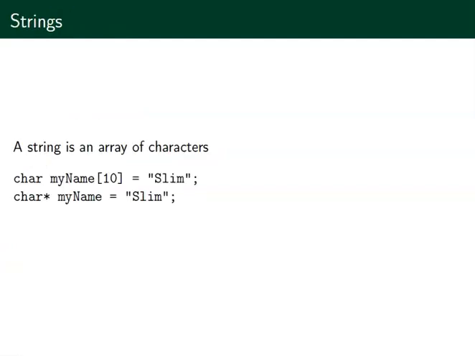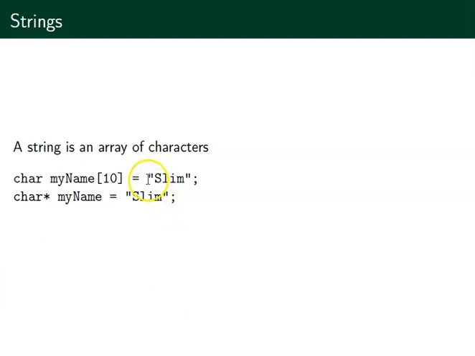Now for strings, you might think that string is one of the types that has to be there. But as you saw in Haskell, Haskell deals with strings as if they are arrays of characters, and C also has the same thing. So we do not have a predefined type string, but it has a special treatment. So although it's not predefined,